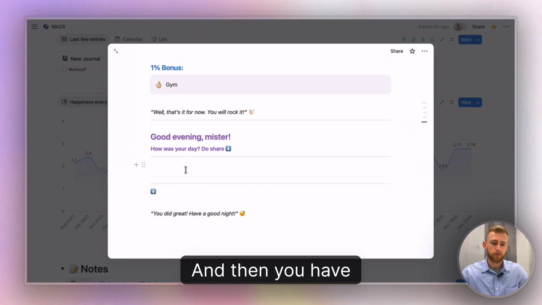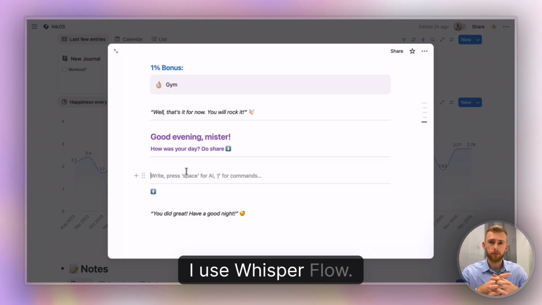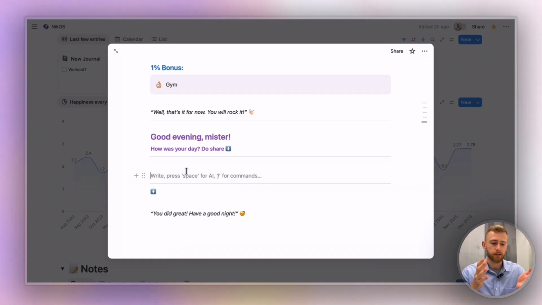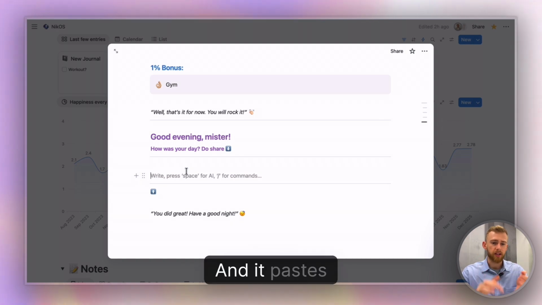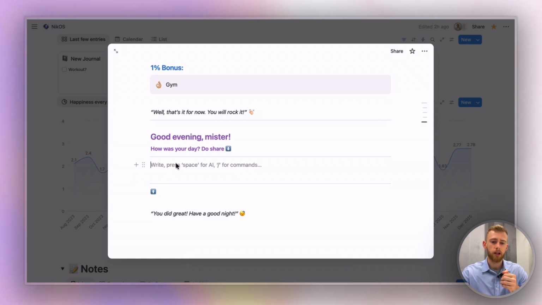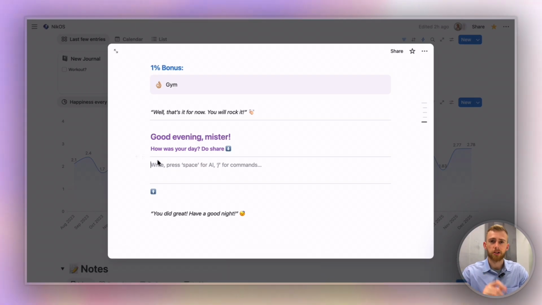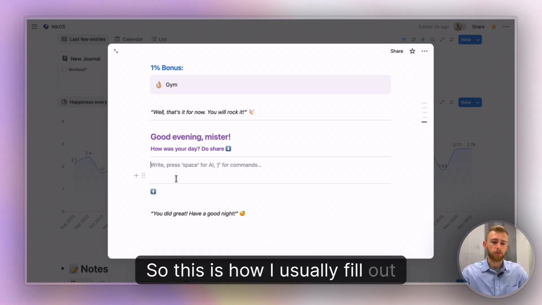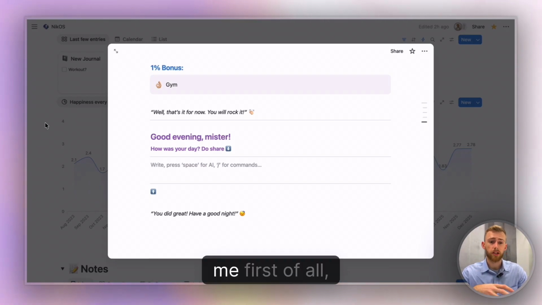And then you have the good evening section, and I use Whisper Flow. So I just press one button and start talking about my day, and it pastes everything here a bit more structured without changing any words into this. So this is how I usually fill out my journal, and doing this every day makes me first of all